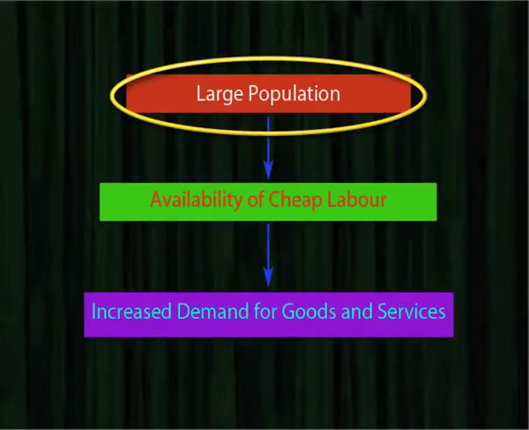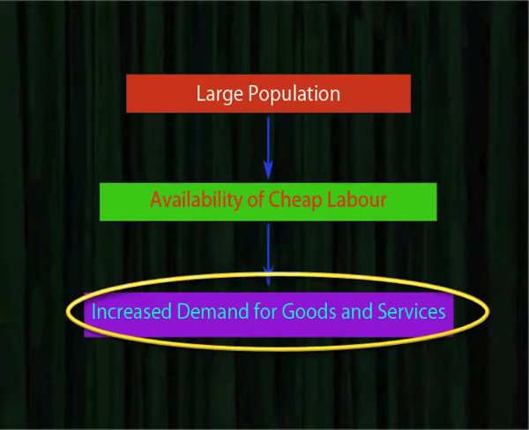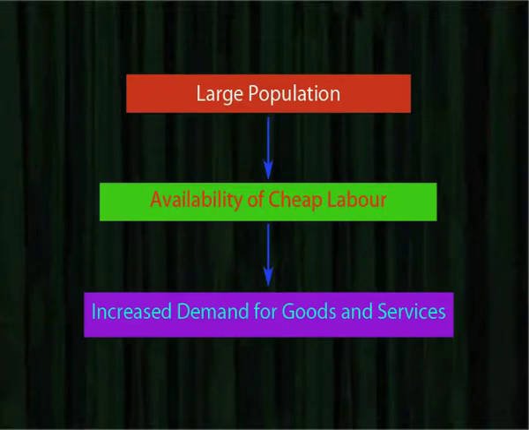Large population indicates availability of cheap labor and more demand of goods and services provided by the business. So, this has a favorable impact on the business. Availability of cheap labor and growing Indian markets have encouraged many multinational companies to invest here. Easy mobility of labor between different occupations helps the businesses to function smoothly, and this mobility results in the availability of laborers at lower wage rates. Business in return provides good working conditions to these laborers.